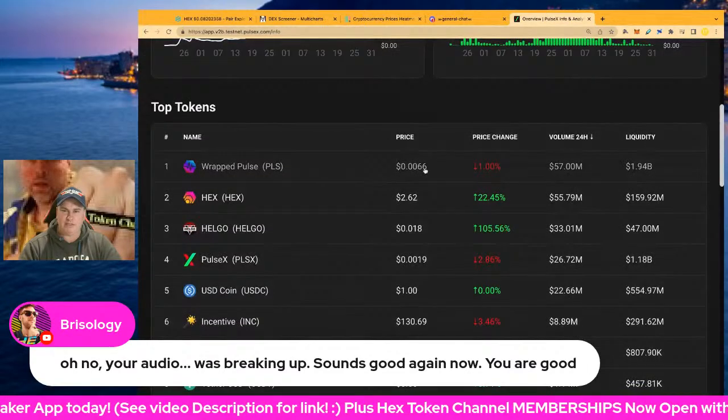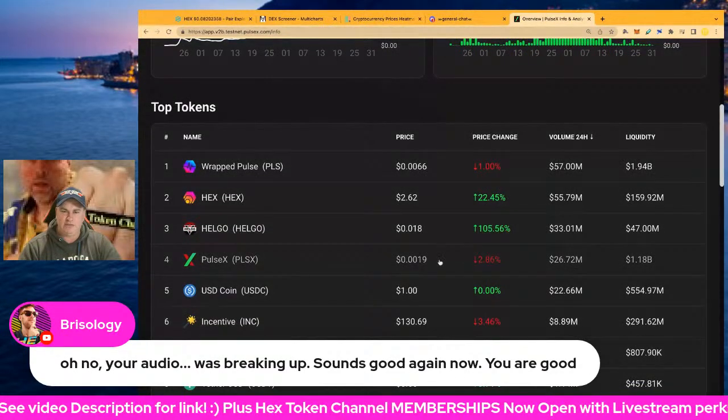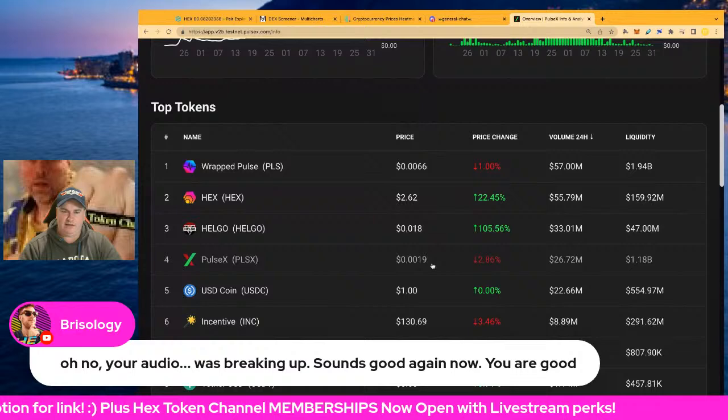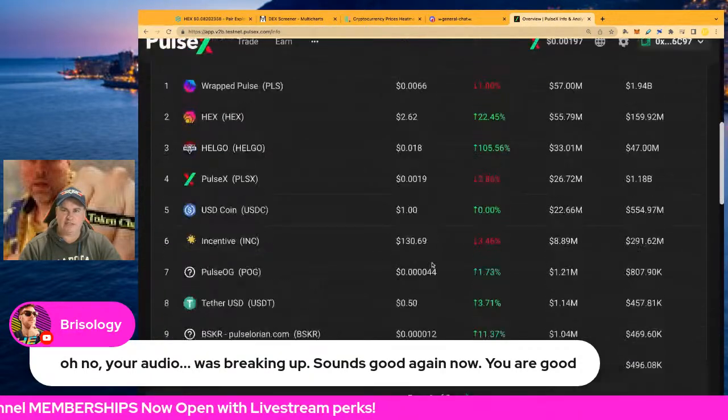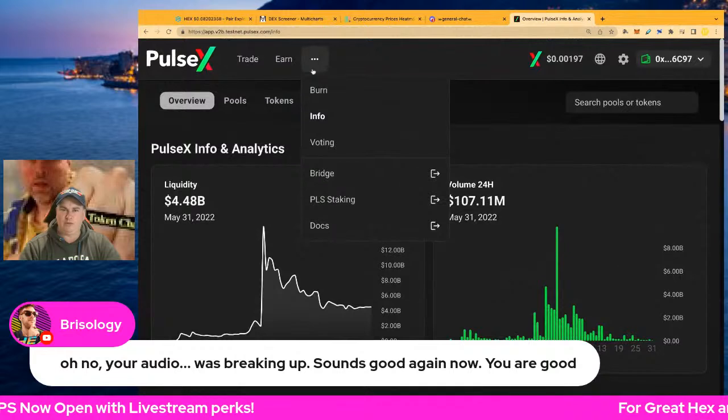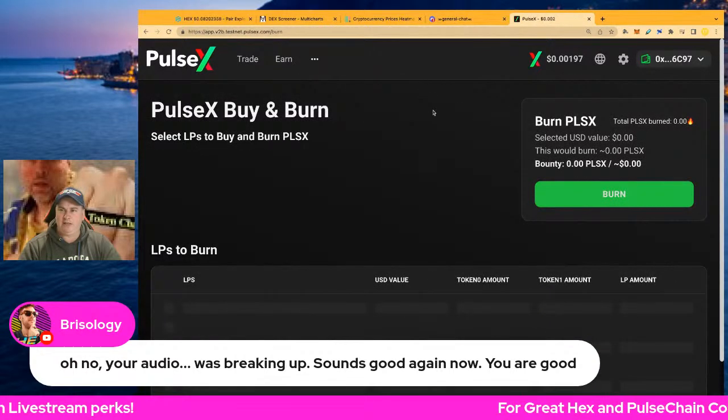We got Pulse at the moment at 0.0066, and we got Pulsex at 0.0019 there on the testnet. Obviously, all this is fake. It's just for testing. That's what it's all about. Pretty cool. We're going to finally have a look at the burn. The burn at the moment is at, drum roll,